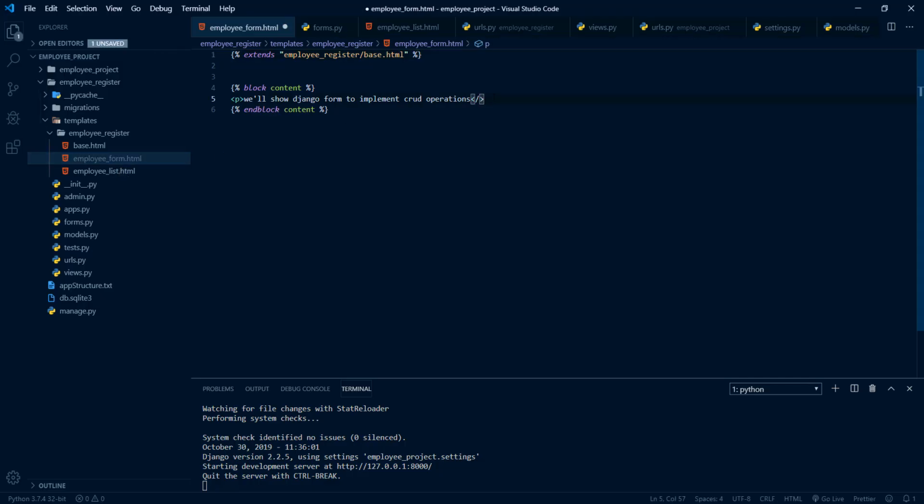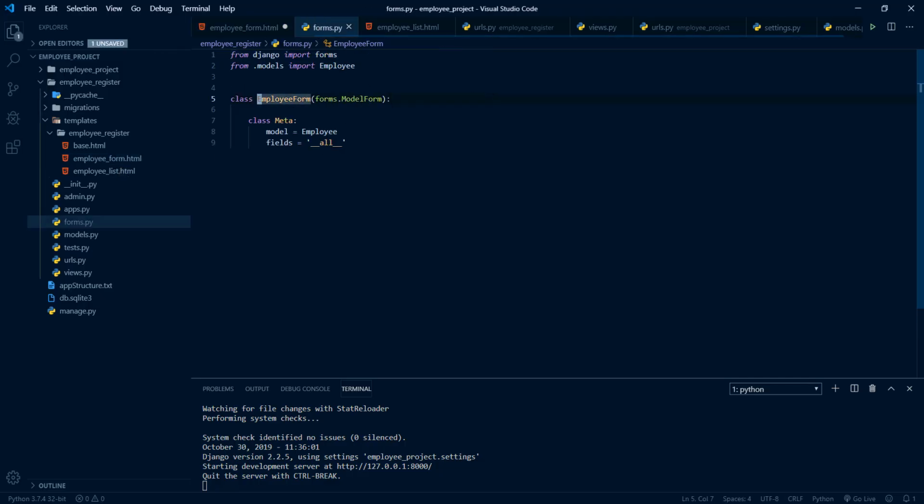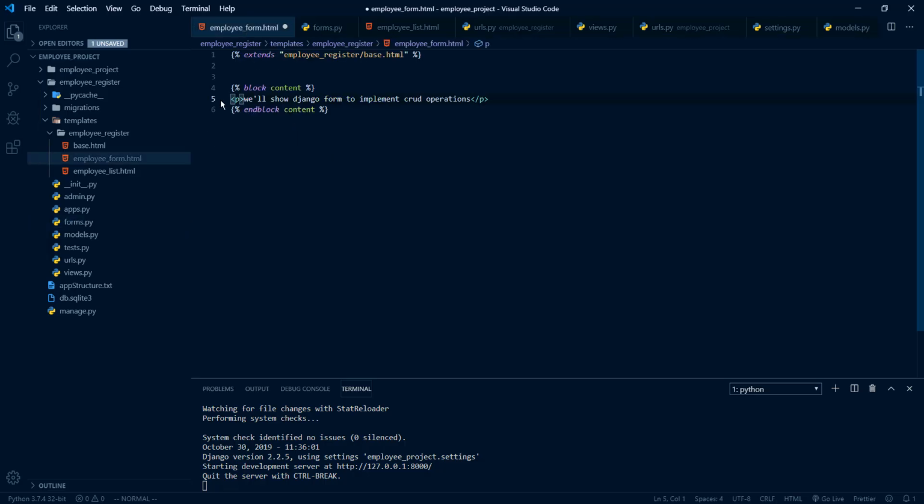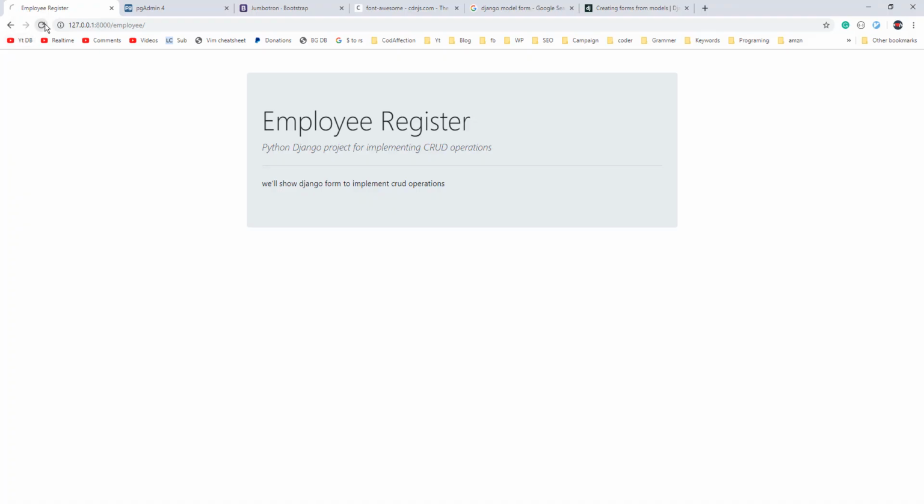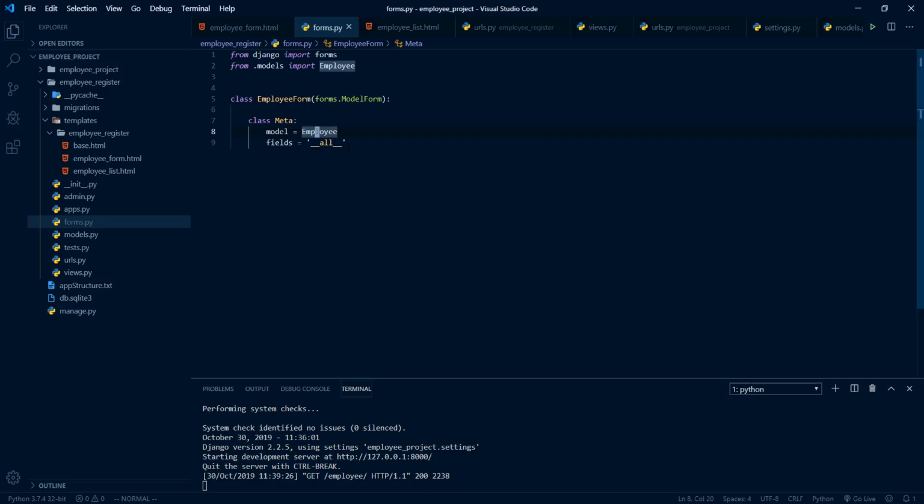Now in order to show form controls according to this model form class here, first of all let me remove this para from here, and then we can use the double curly syntax here. Inside that we just need to provide that form. Okay, let me save this, let me reload this. So that's it guys. Inside this form you can see the controls corresponding to the properties that we have inside